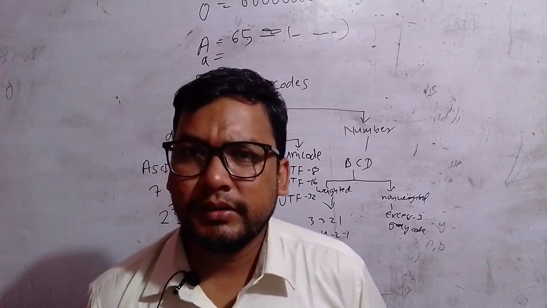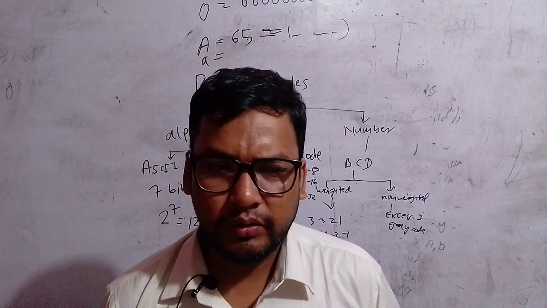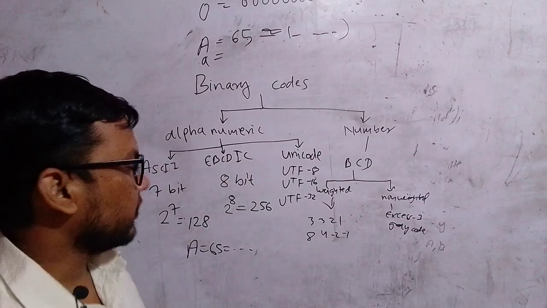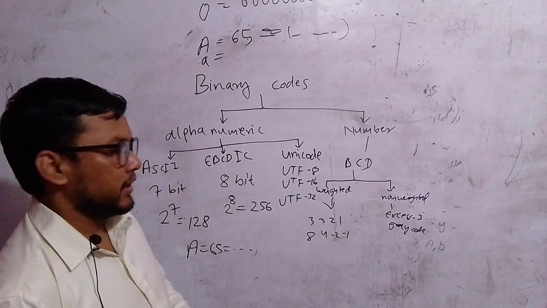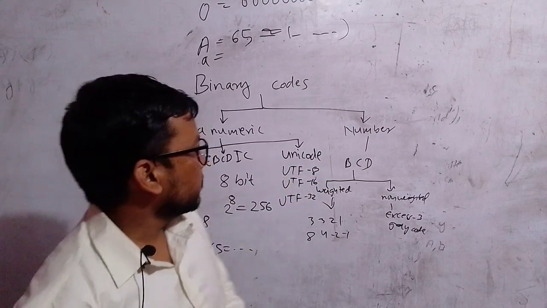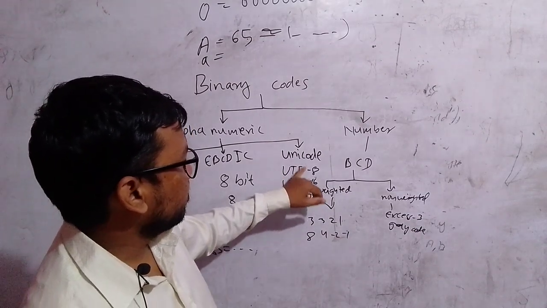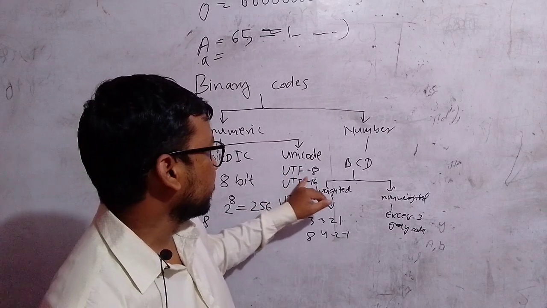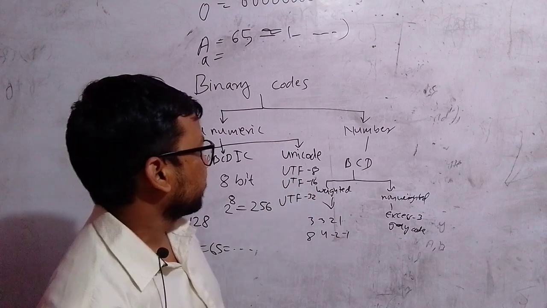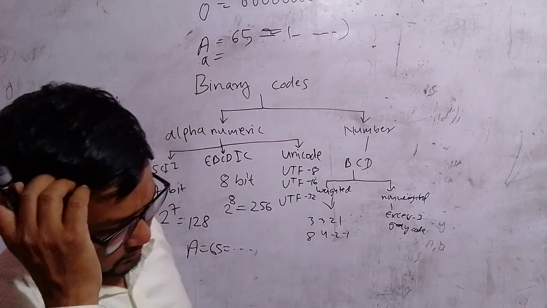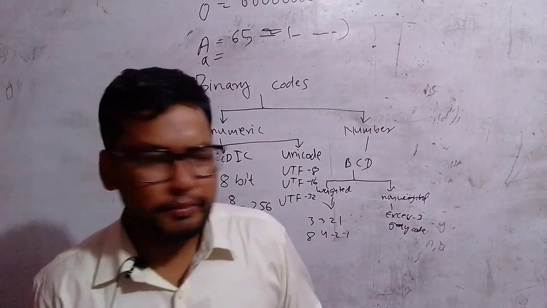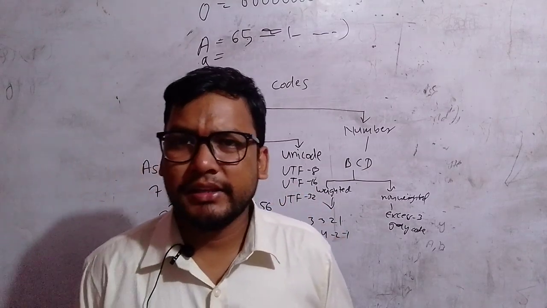The unique alphanumeric symbols were increasing at that time, so it still became insufficient to store all of the unique alphanumeric characters. Thus, later Unicode was introduced. There are variant types of Unicode, that is UTF-8, UTF-16, UTF-32. UTF means Unicode transform format. Unicode is the same as ASCII, EBCDIC and so on, but its capacity is very large.